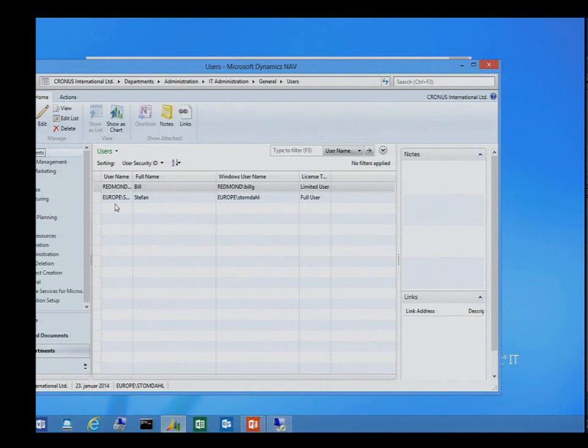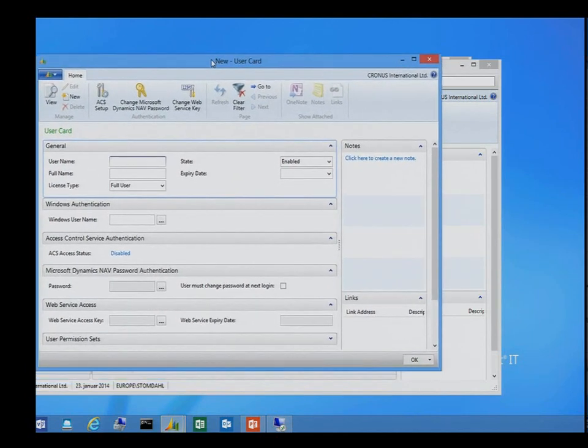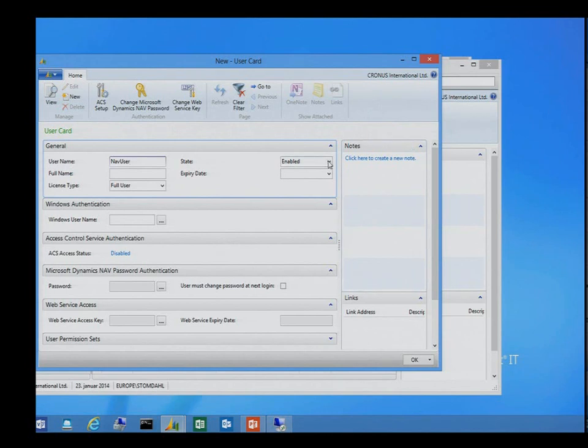And I have 2 users. I'll create a new one so we can see I can log on with this new user. And this is the new user card. I'll type in the name, NAV user, and say that this user is enabled. You can see here I can choose enabled or disabled, and type in a full name.